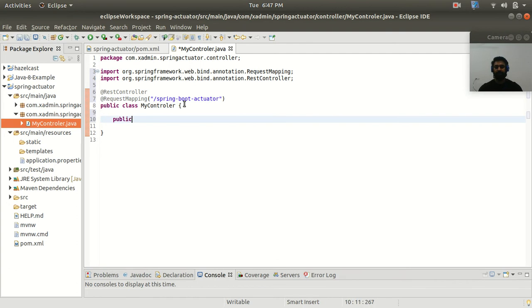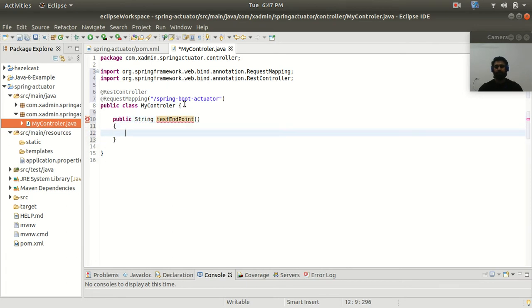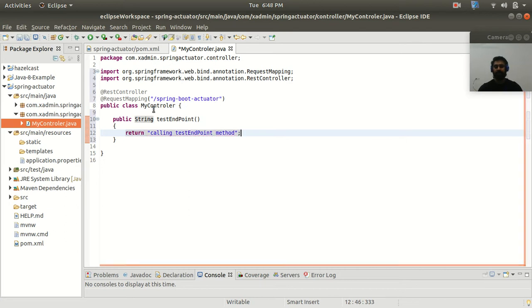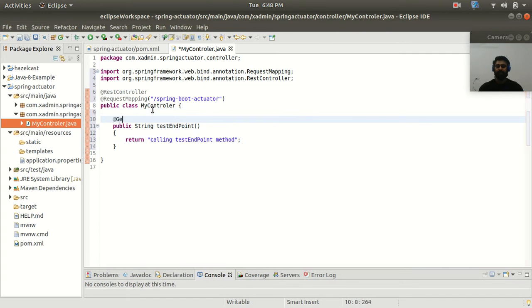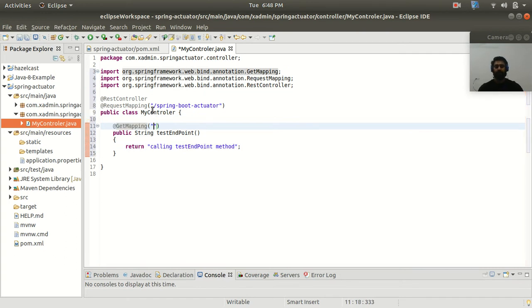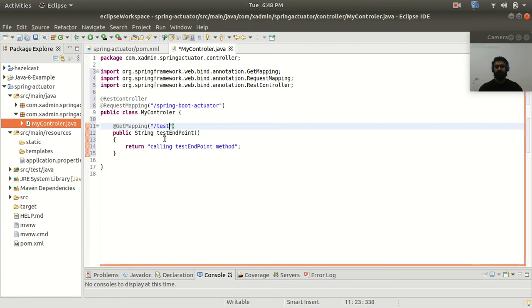Let's create a public method with return type String, testEndpoint, and here I will return a dummy string, "Calling test endpoint method". So here I am returning a dummy string. Let's mark this with a GetMapping and provide the URL as test. So I have created my own endpoint here, and it is returning a dummy string.